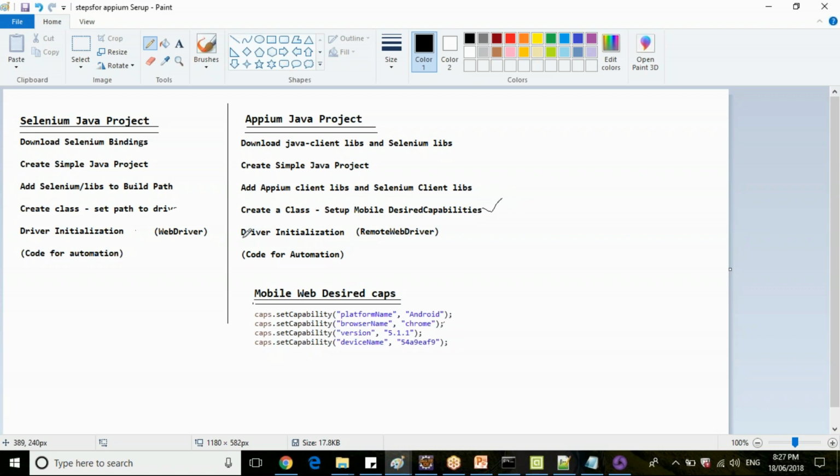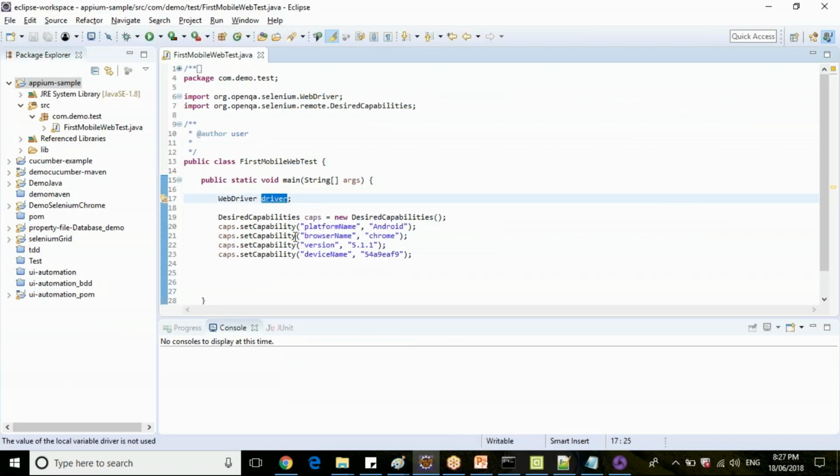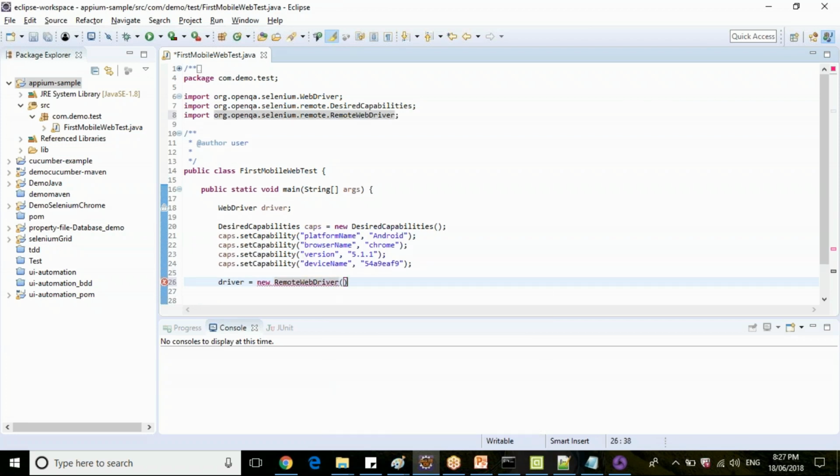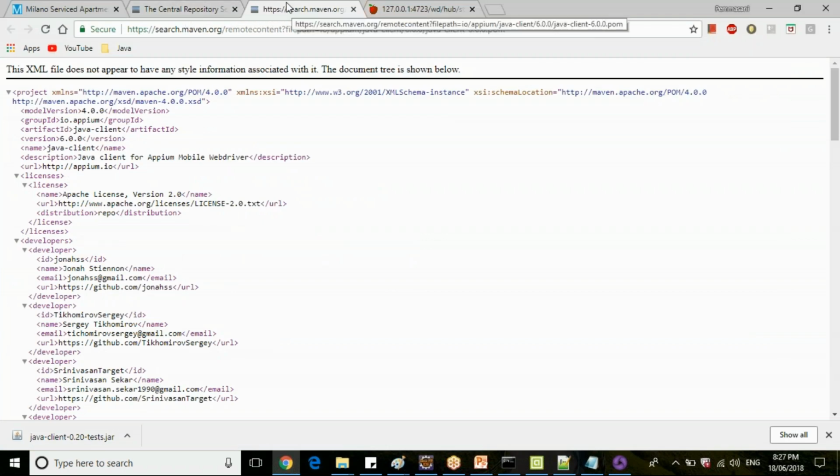So your driver initialization with RemoteWebDriver. Now we already have a driver instance here, so copy that. driver equal to new RemoteWebDriver. What are the parameters that we need to pass here? We need to pass the URL where you are executing your script. So this URL is nothing but your Appium server.